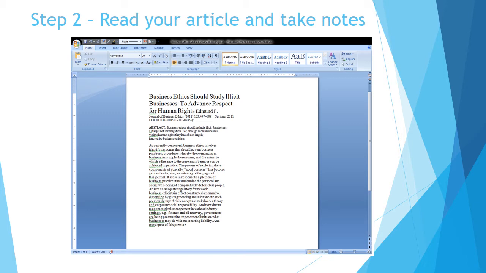Now, I'll tell you right now, this is not an explanation about how to write article reviews. This is not an example of the best way to do it or what I'm looking for. This is an explanation of how to use SafeAssign. So don't take the way that I'm doing the report or what I'm writing in my report as what I want you to do. Okay, this is just about SafeAssign. So we've got our notes,